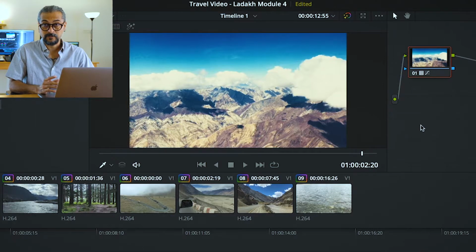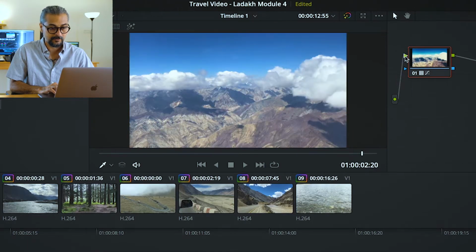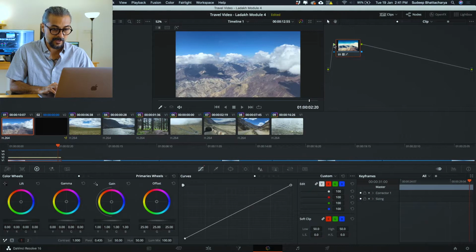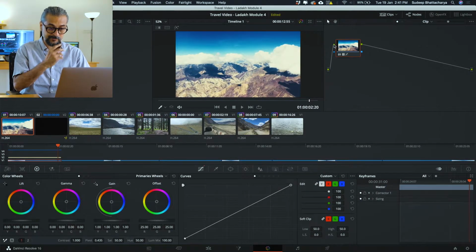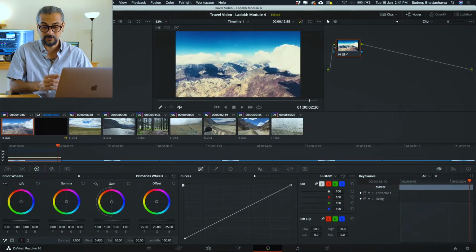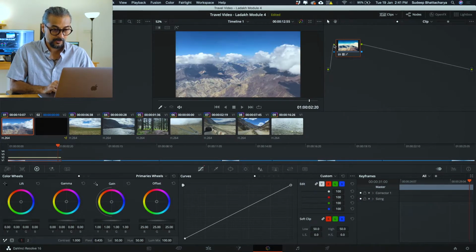As you can see, there's a marked difference between what clip we started out with and how the clip looks now. If you want to toggle the LUT on and off, you can just click on the green arrow to the left of the node, and you can see the big difference that the LUT or the lookup table is making. So now obviously we're going to see how we can modify this, right? Because this does feel too strong a filter.